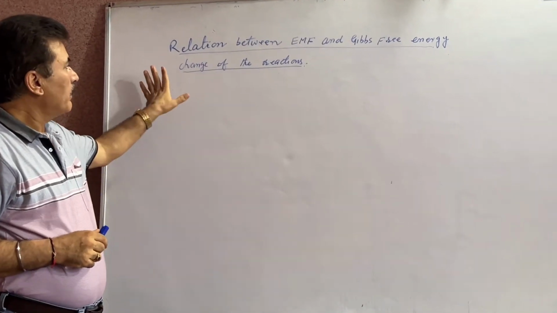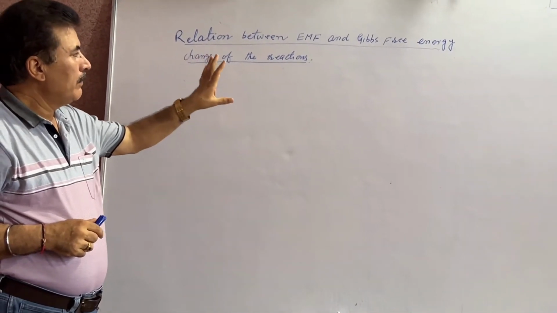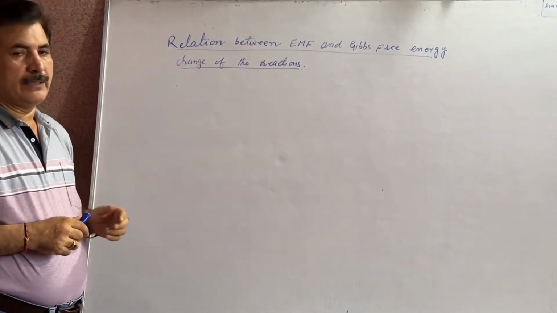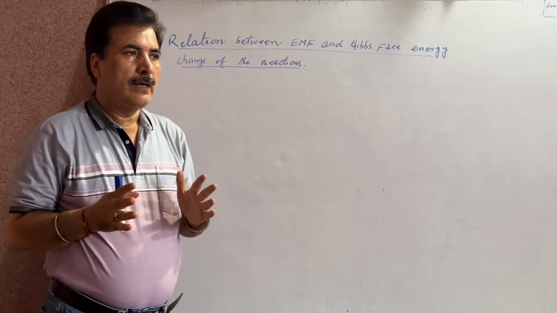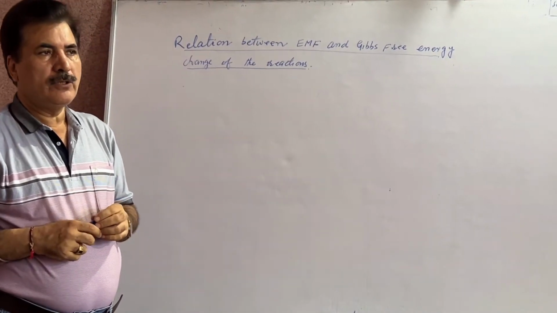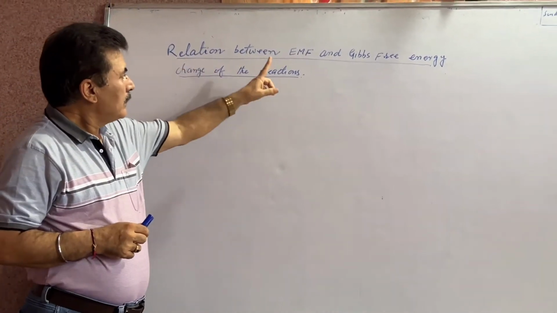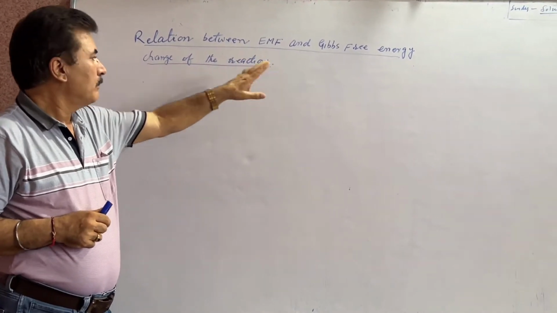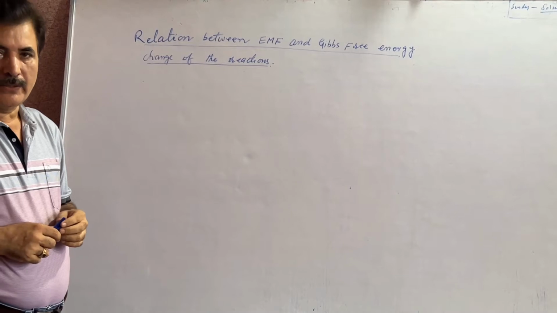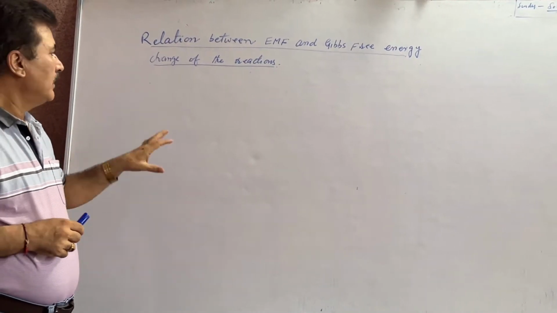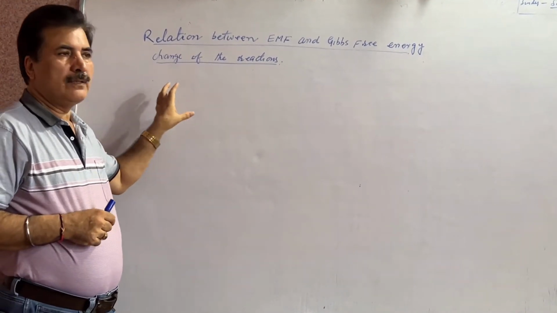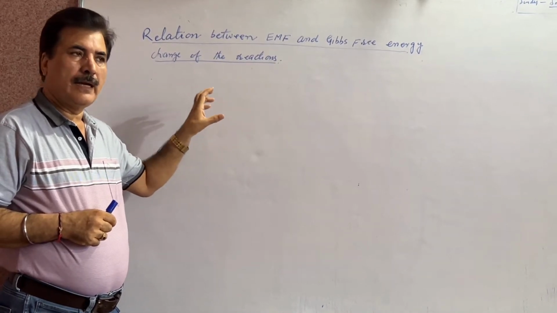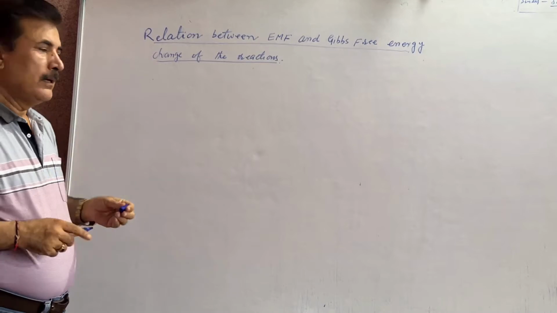आज का हमारा टॉपिक है रिलेशन बिटवीन EMF ऑफ ए सेल एंड गिब्स फ्री एनर्जी चेंज। इलेक्ट्रोकेमिकल रिएक्शनों में हमें रिलेशन निकालनी पड़ेगी EMF दैट इज इलेक्ट्रोमोटिव फोर्स एंड गिब्स फ्री एनर्जी चेंज दैट इज डेल्टा G। For that we should know that the electrical work done or electrical energy done in an electric circuit is